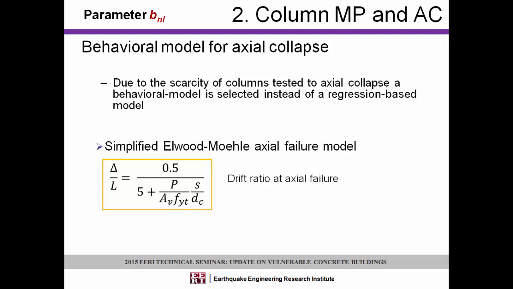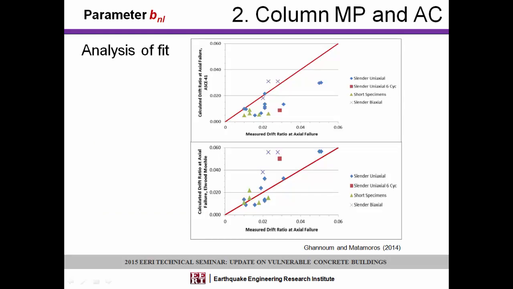It seemed to work really well for the data, and this is how it fits here. Professor Mealy showed a similar plot this morning. So this is the current B value, or drift at axial failure, that ASCE 41 gives versus the actual measured, and it is quite conservative at this point. And so using the proposed equation, now we have a much better fit, a nice mean or median value